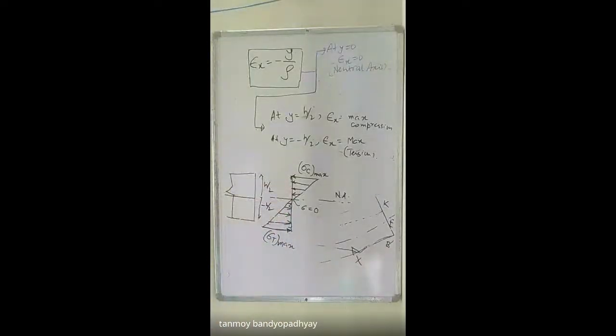Sigma c max. Sigma c is going on increasing. Therefore it is sigma c, it is compression on the beam, it is acting compressive on the beam. The loads are actually compressive on the beam, and for this one, they are actually tensile on the beam. On the bottom side, the beam is in tension, and on the upper side, the beam is in compression. The upper fibers of the beam above the neutral axis are in compression. The lower fibers of the beam are in tension.